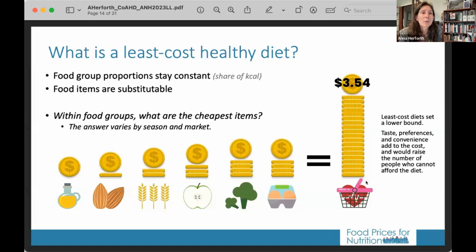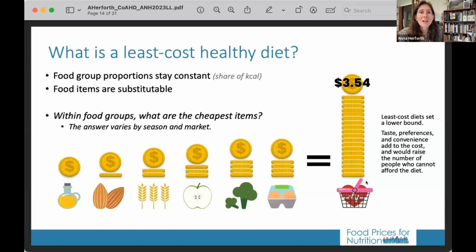So the important thing to know here is that the food group proportions stay constant, as illustrated in the last couple of slides, and they're constant by share of calories. But the food items are substitutable. So the healthy diet basket is not a set of particular items. It's a set of food groups. And the items which can be consumed are variable depending on what happens to be in the market at that particular season or day, or in this case, what are the cheapest items that are there when the data are